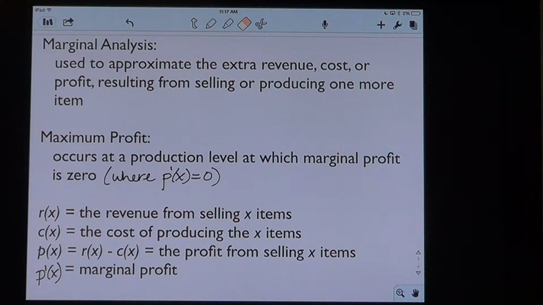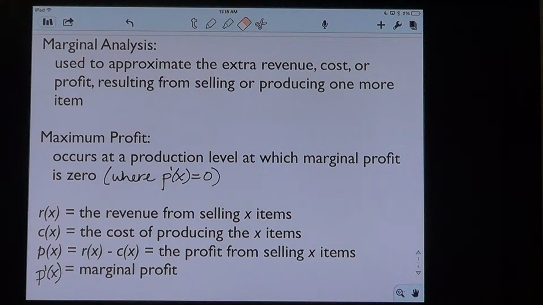Okay. You guys remember talking about this in econ? Marginal analysis? We didn't have marginal analysis, no? But we had revenue and profit. I don't even remember much of econ. I don't blame you. It is important, but